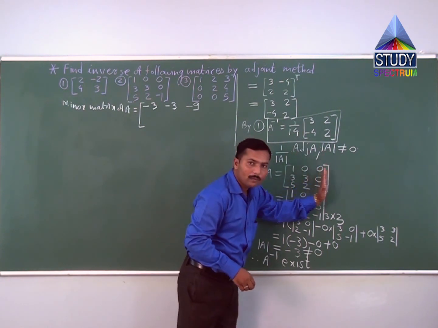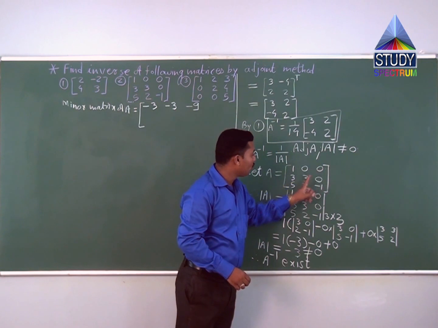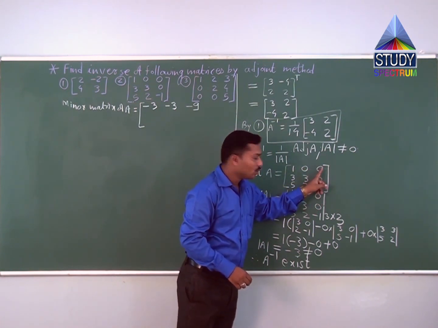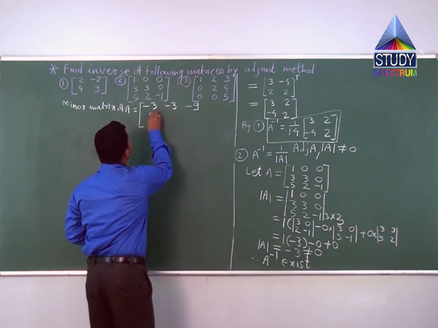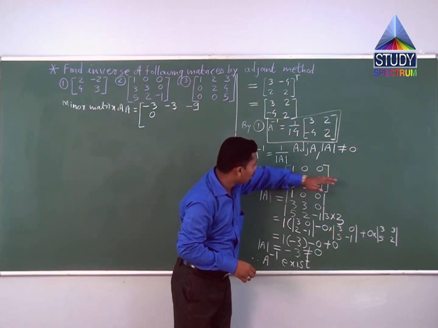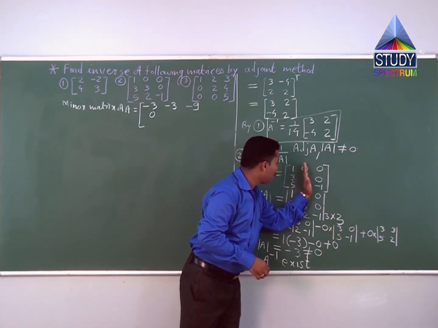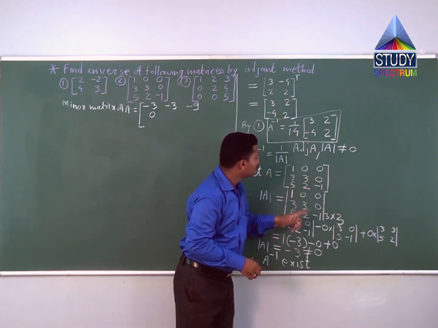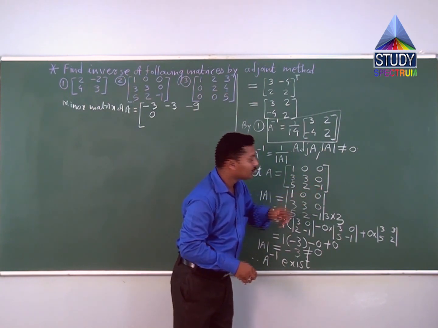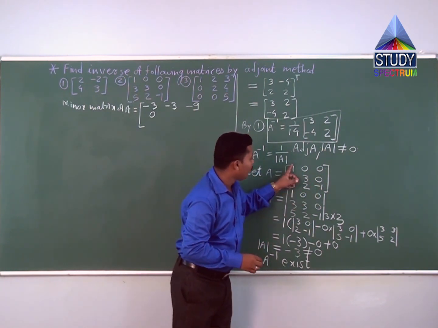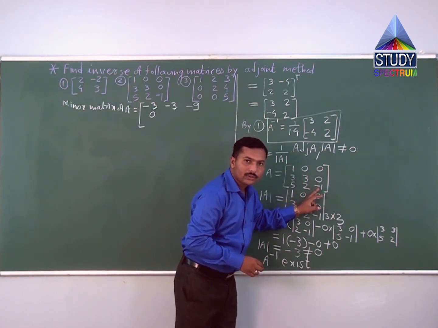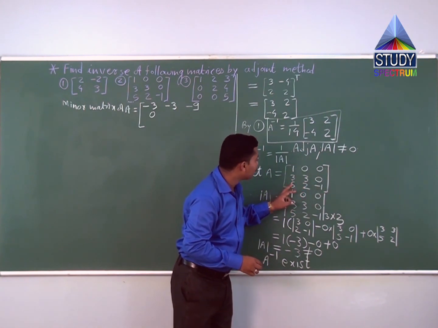So we also discuss another second example, a very interesting example. Convert the given matrix into an identity matrix by row transformation. Firstly we discuss what exactly an identity matrix is. The given matrix is a 2 by 2 matrix, and we want to convert this matrix into a 2 by 2 identity matrix. 2 by 2 identity matrix means 1 0 0 1, only diagonal numbers are 1 and remaining numbers are 0.